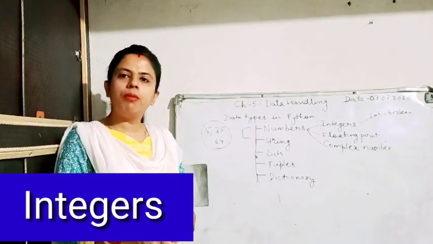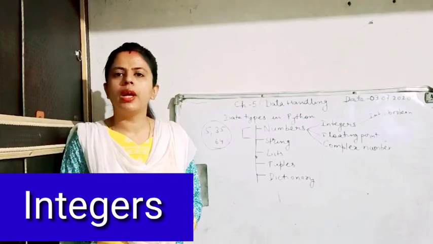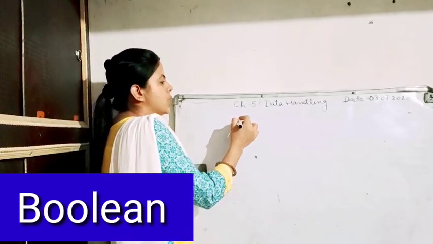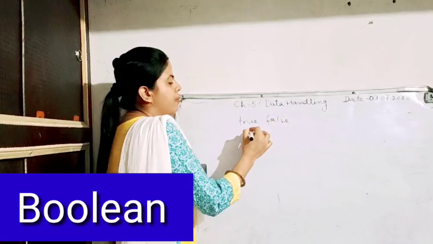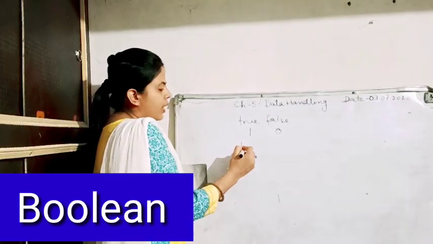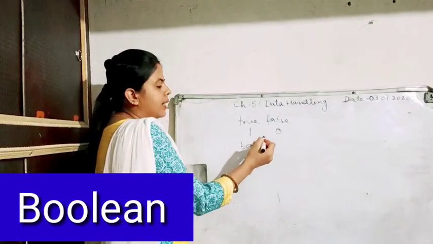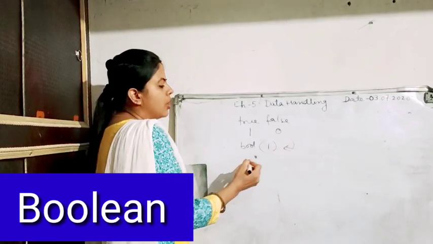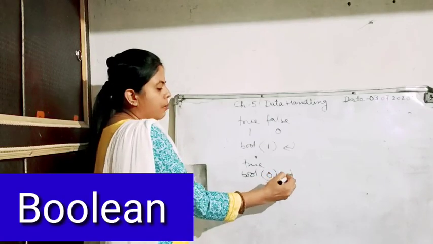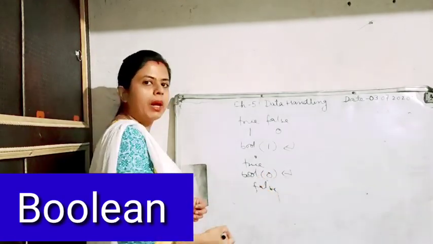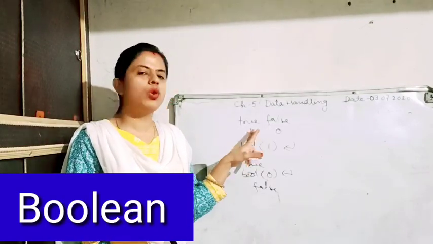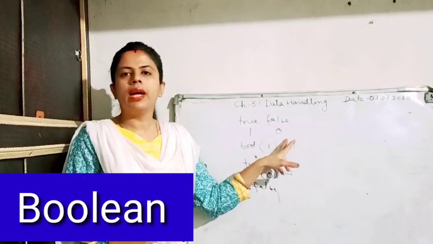Now in integer we have one more data type which is called Boolean data. I already learned in previous sessions that the Boolean data type stores only two values, which are true and false. True represents 1 and false represents 0. So whenever you write in the interactive mode, if you write bool and then 1 and press enter, you will get the answer as true. If you write bool and 0 and press enter, it will give you the answer as false. I'll show you the practicals also. So this is one of the data types which falls under the integer category because it has two integer values to be represented, 1 and 0.